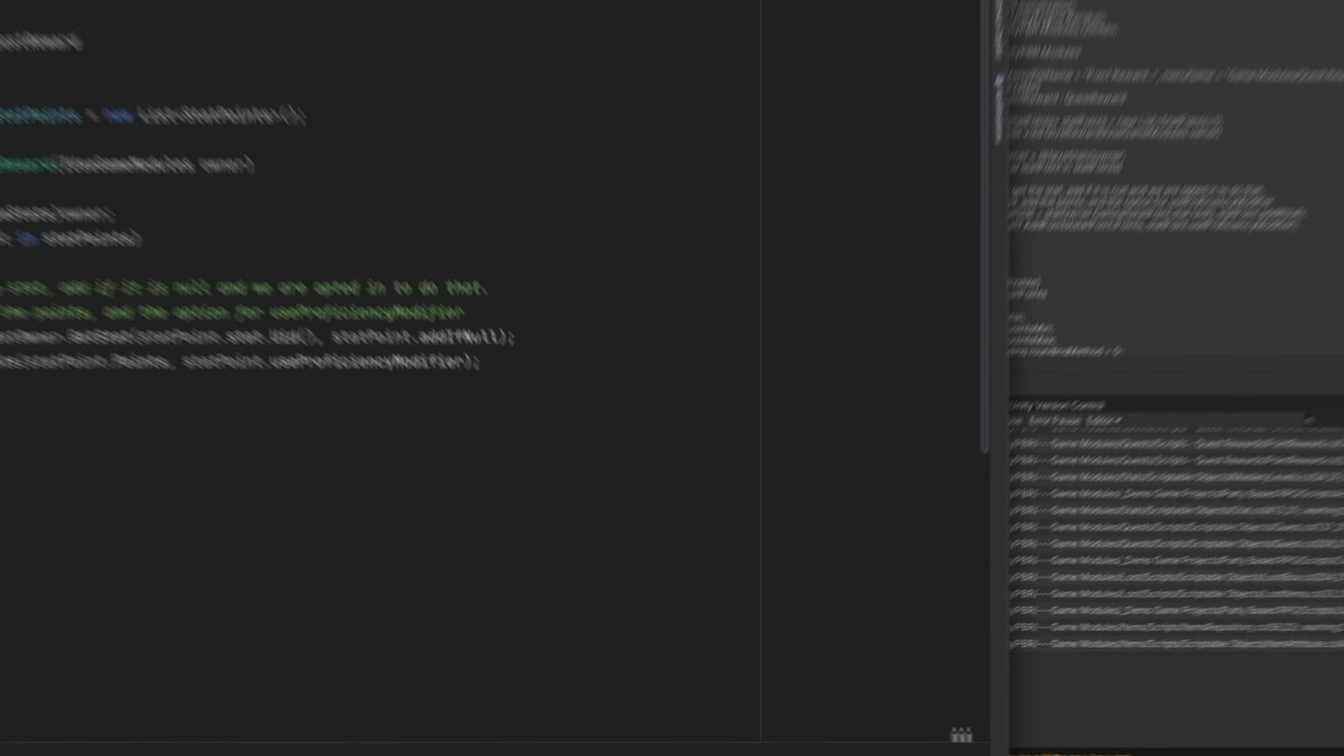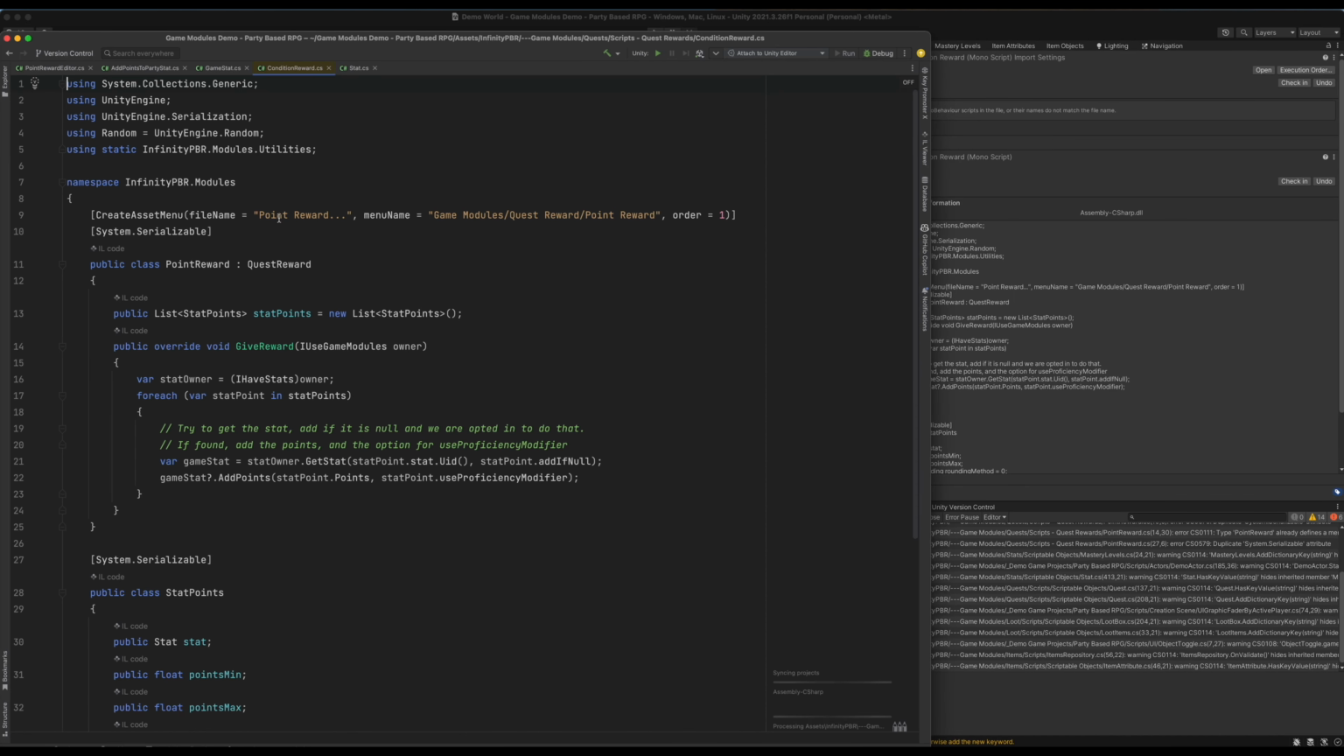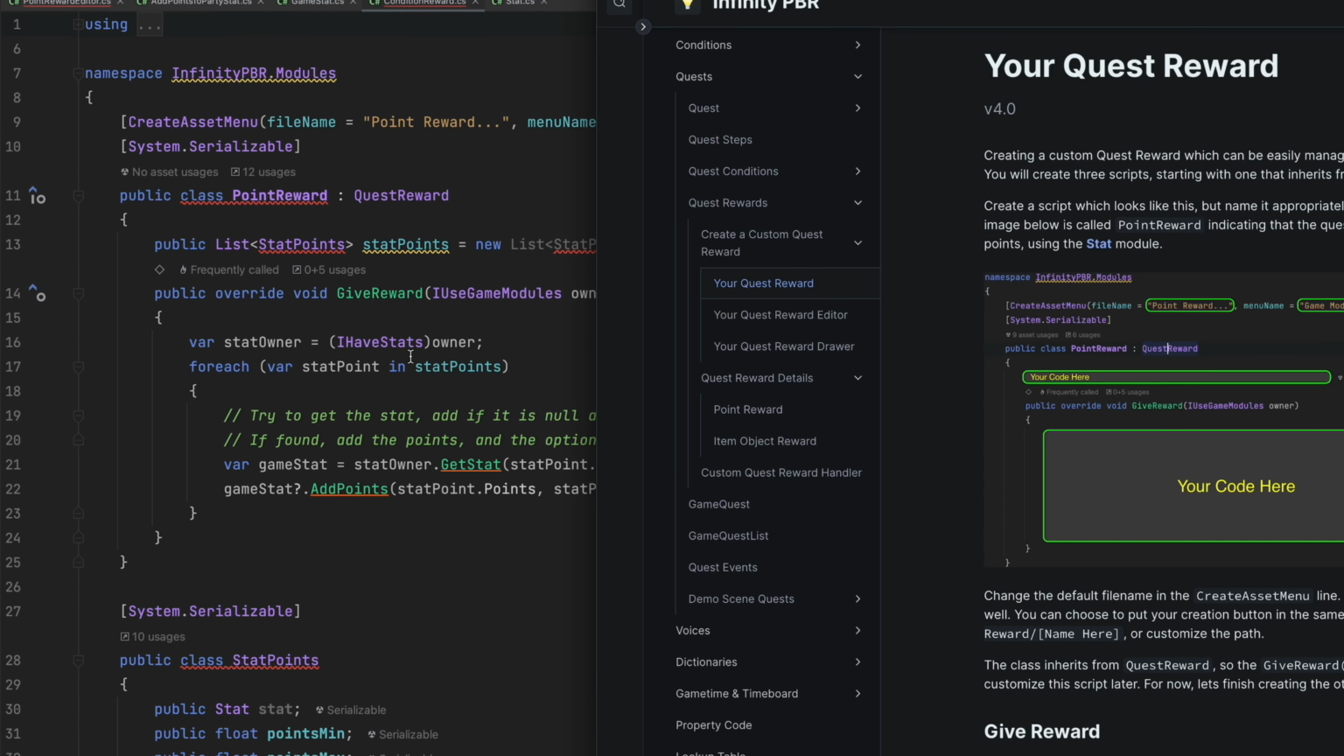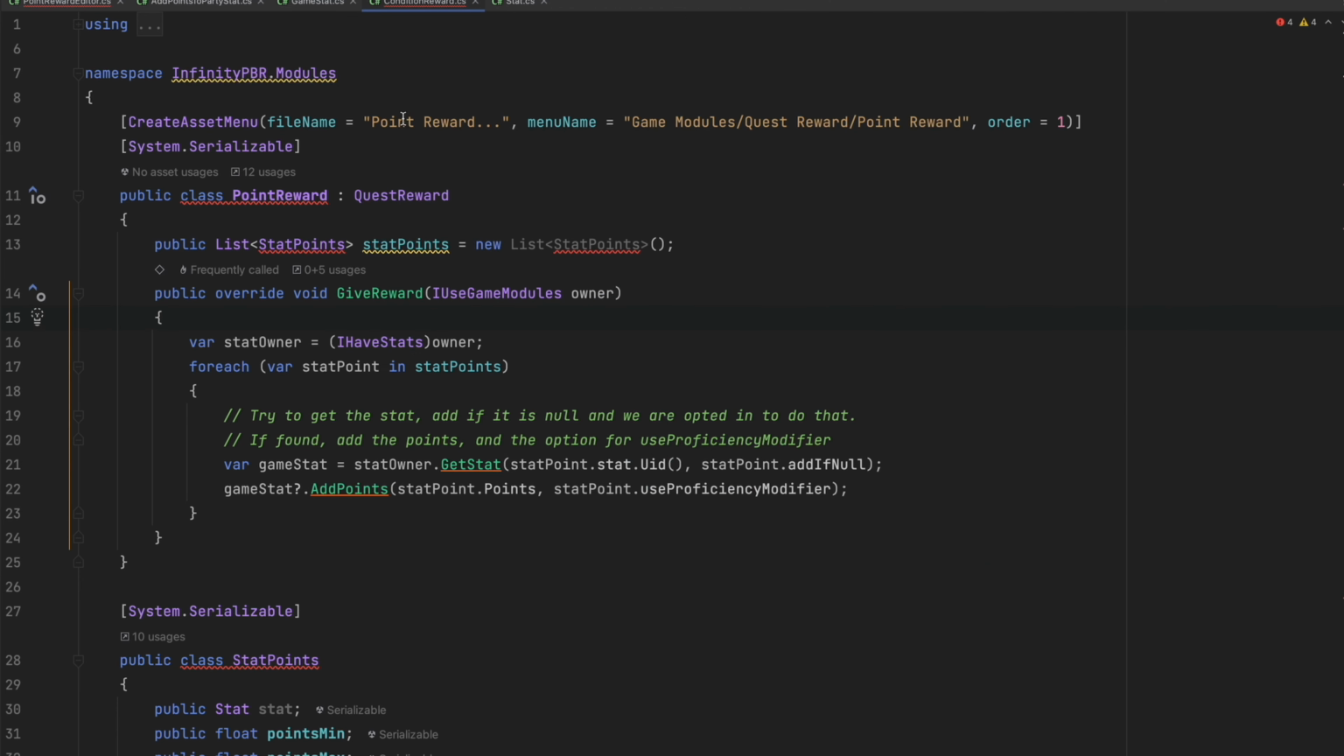This reward is going to give a condition to a player. Now we do need to change this stuff, and of course this is in the documentation. It is right here what we need to change. So let's go ahead and do this. We're going to start by making this condition reward, game modules, quest reward, condition reward for the menu item to create it. We're going to rename this to be condition reward, and we are going to comment this out for now,